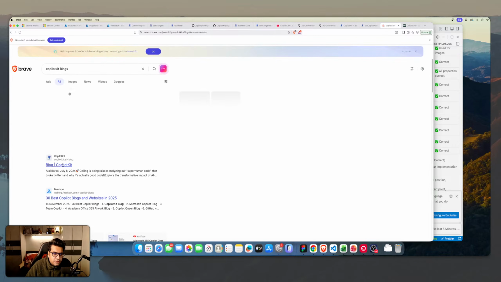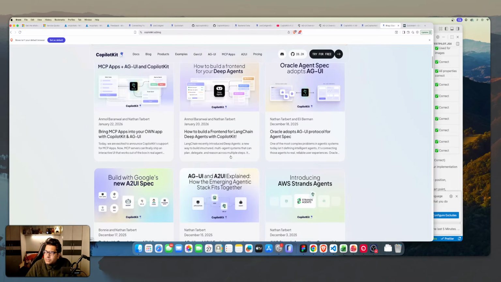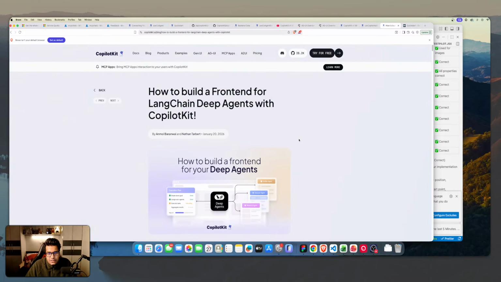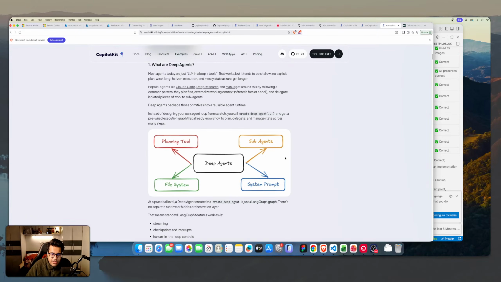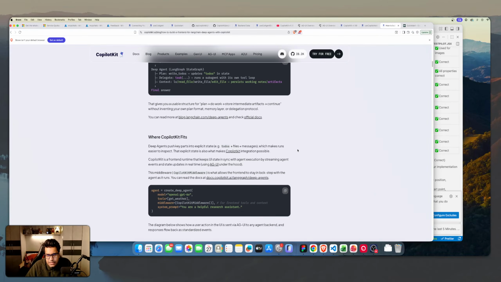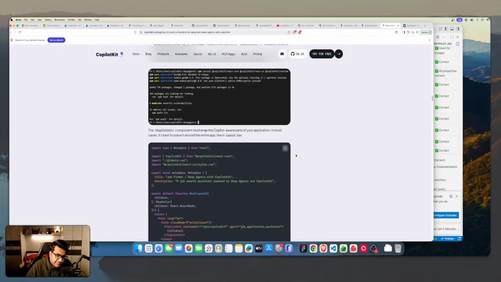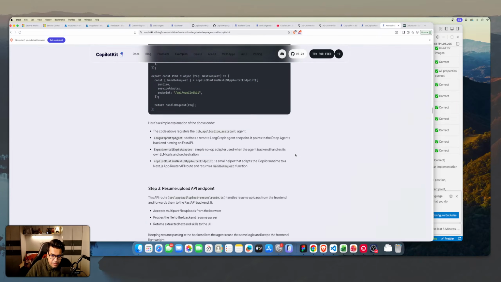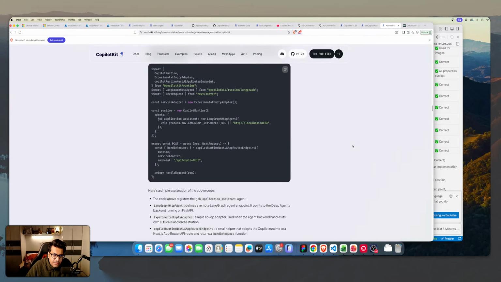So if we go to this blog post, I think 2 to 3 days back, on January 20th, they published this by Anmol Barnwal and Nathan Rebert, which talks about how you can use deep agents with Copilot Kit. This basically covers what we want, but this is again, I would say, using